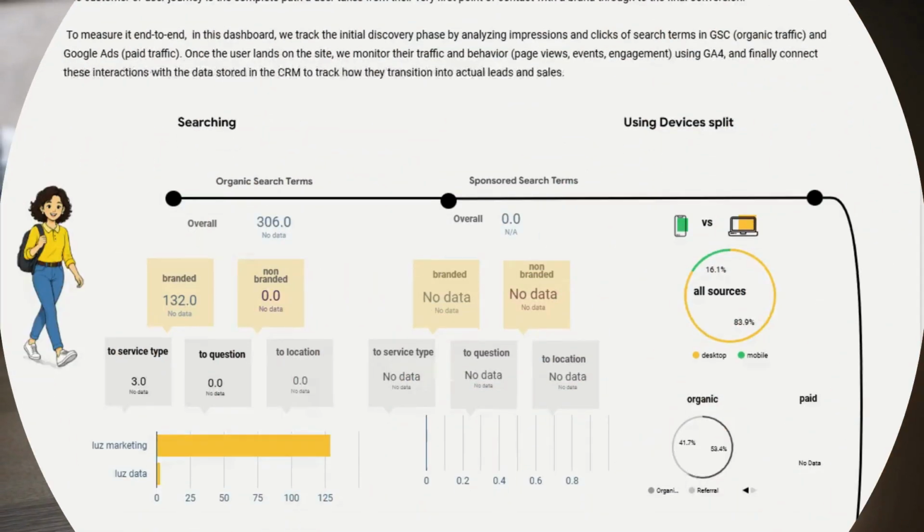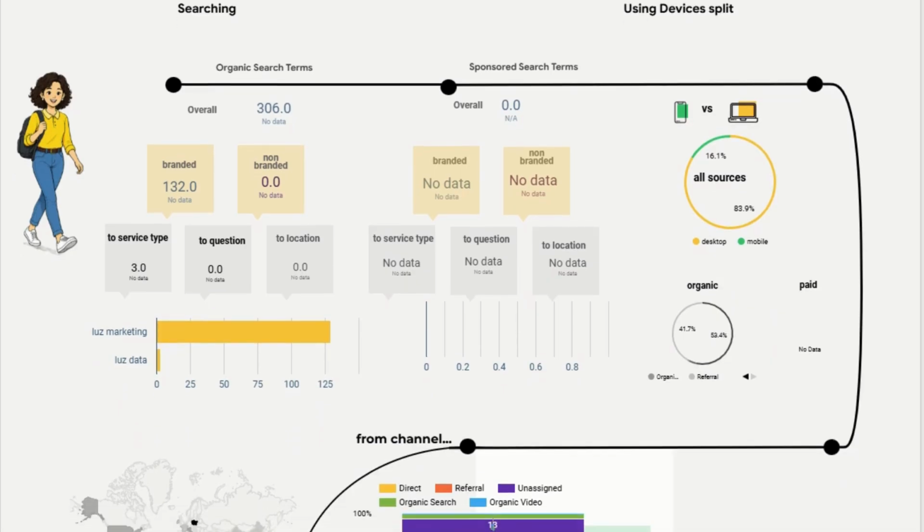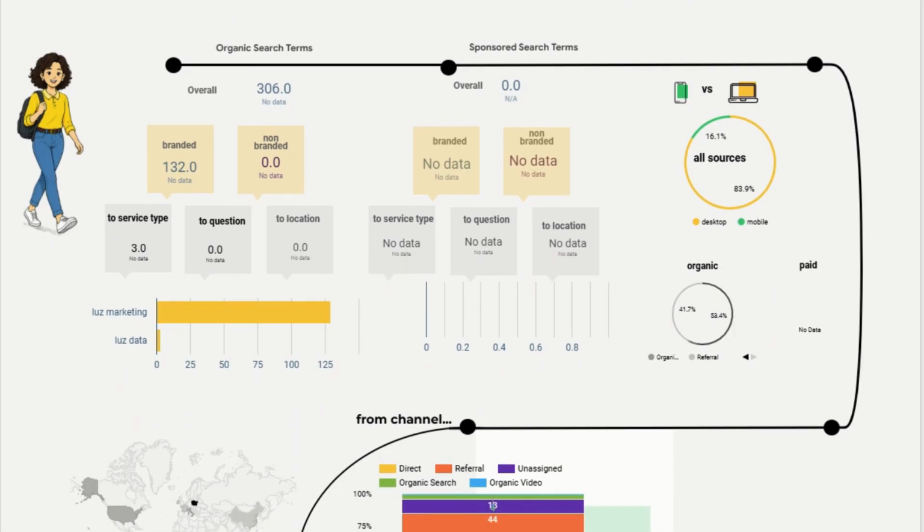Look at this dashboard. To measure it end to end, you track the initial discovery phase by analyzing impressions and clicks of search terms in GSC, organic traffic, and Google Ads, paid traffic, and the single search queries to analyze the user's intent. Once the user lands on the site, you monitor their traffic and behavior, page views, events, engagement,